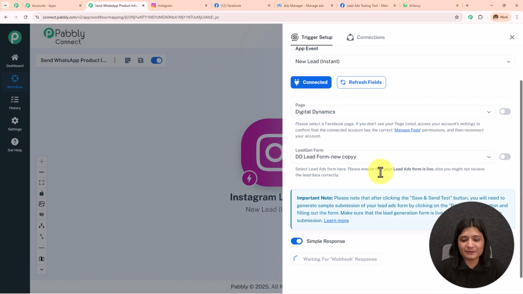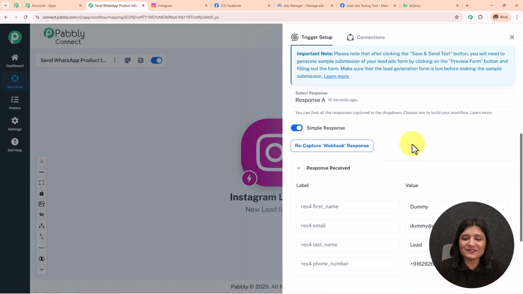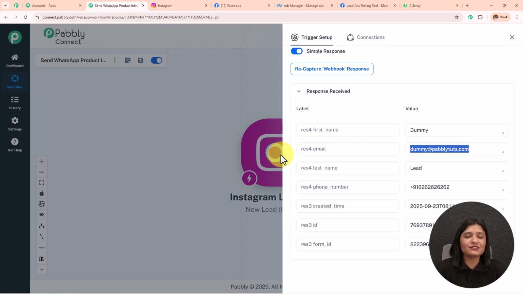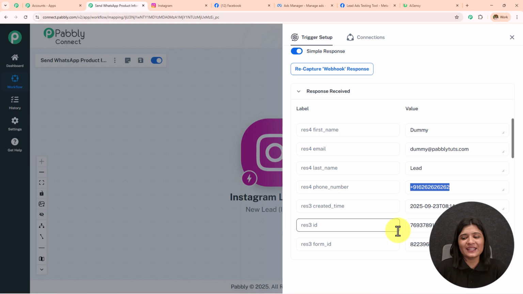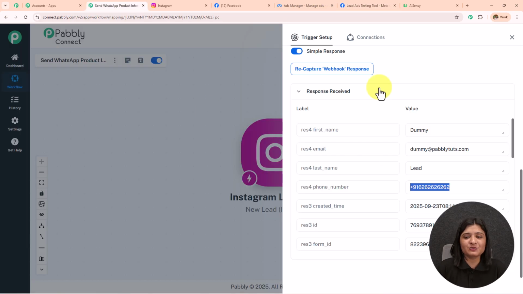I'll go back towards my workflow and let's wait for the webhook response. And here you see that just 10 seconds ago I have received the response. The name which we have submitted was dummy lead. The email address was dummy@pabblytudes.com, and this was the phone number. So here as soon as I have generated the lead or submitted the form, I have received that response here in this workflow, and this shows the connection setup which we have created between Instagram lead ads and Pabbly Connect is successful. And now whenever I'm going to receive a new lead, I will start capturing that response here